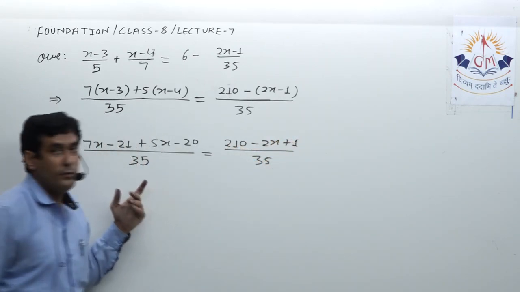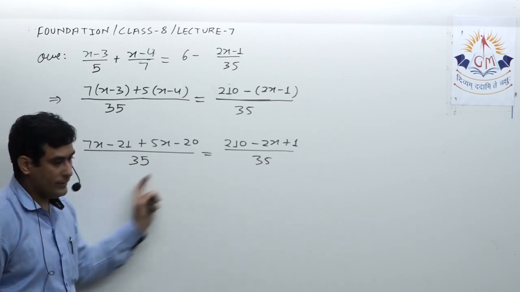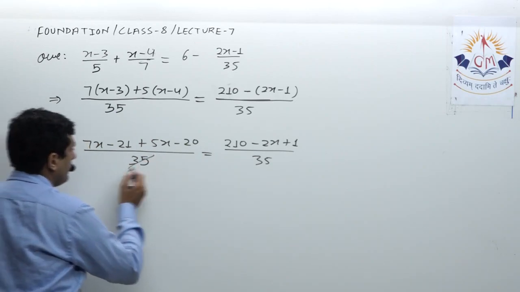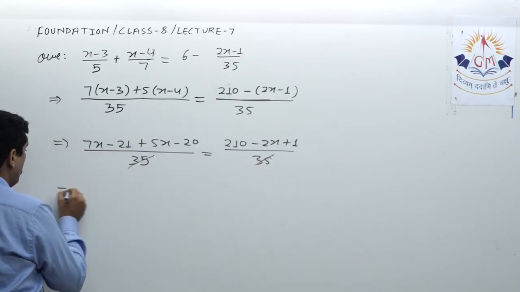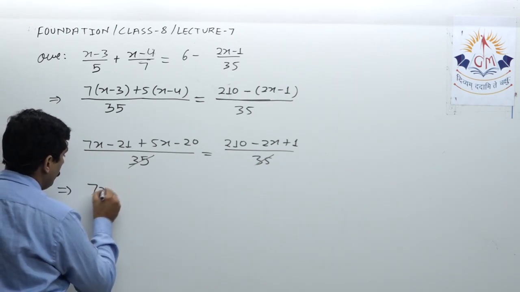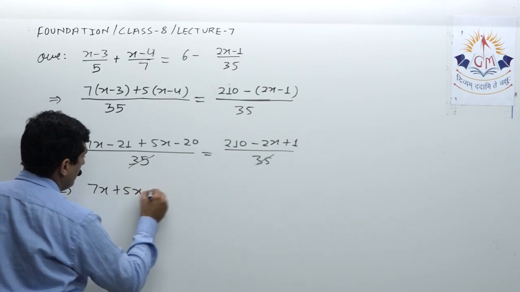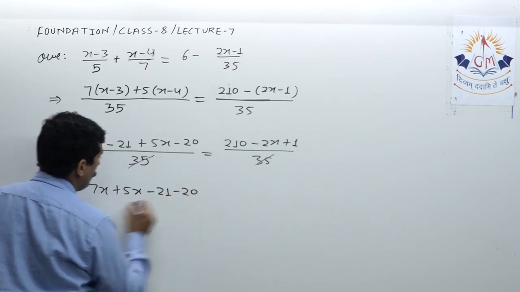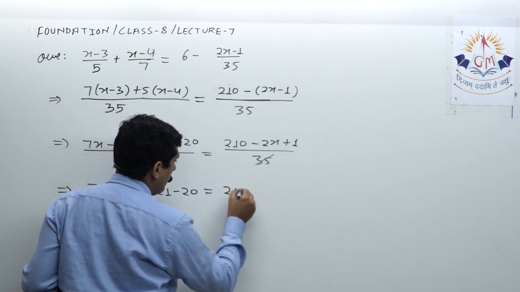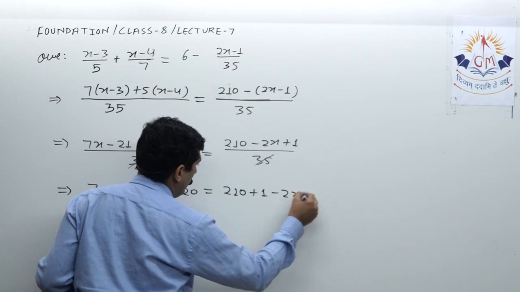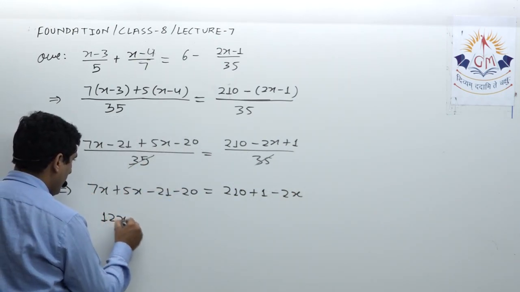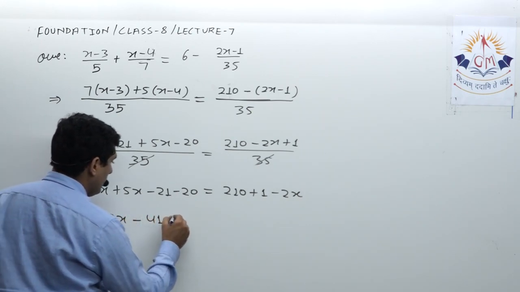And as I told you, we'll get the same denominator 35 and 35, which makes the calculation part a little bit easy, because this 35 and 35 I can cancel. So here now 7x plus 5x minus 21 minus 20 is equal to 210 plus 1 minus 2x. Okay, so 7x plus 5x, that is 12x minus 41 is equal to